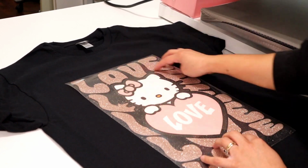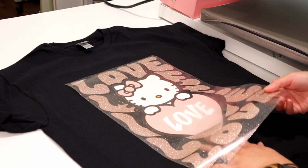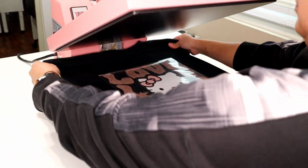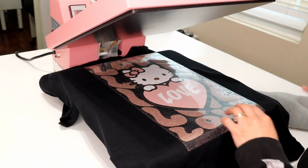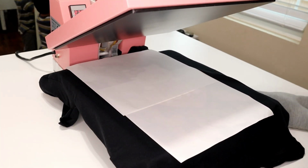Next, I'm going to layer on top of that Hello Kitty design our glitter puff HTV. So I'm just making sure that it's very straight, and then we are going to put it inside our heat press. So for the glitter puff vinyl, I changed the heat setting to 275 degrees, and we're gonna press it